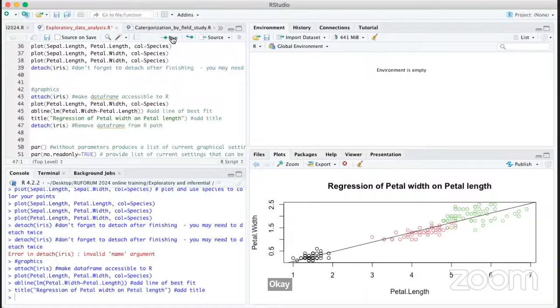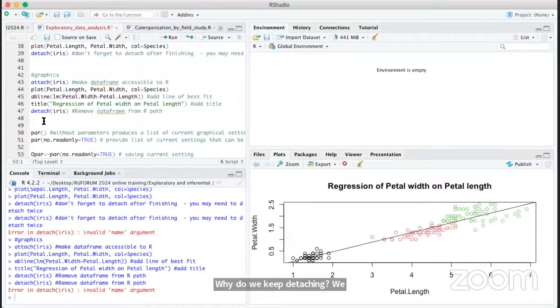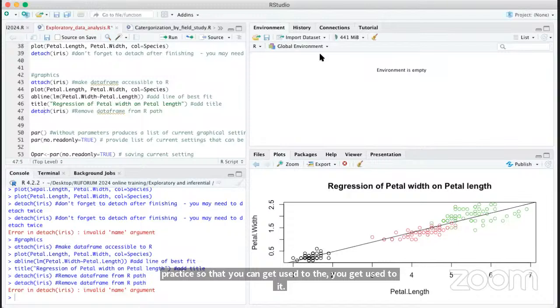Why do we keep detaching? We detach because we want to free the memory. I'm doing detach and attach now because I want you to practice so that you can get used to it. Okay? When you attach,